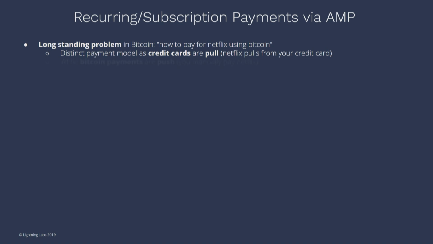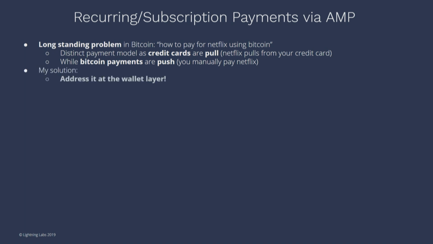It's pretty different, because typically whenever you have a subscription like Netflix, it's a credit card, where they're pulling these payments at will, effectively, right? And this is kind of a dark pattern where you sign up for their 14-day trial and you don't cancel it. They just keep taking your money, basically, and that's how they make a lot of money. And they don't want to tell you. Some of them tell you now, like, hey, we're going to charge your credit card, but usually they just take it, right? So Bitcoin itself is kind of a manual push payment, right? So you basically need to push your payments to Netflix every single time, otherwise your payment won't succeed.